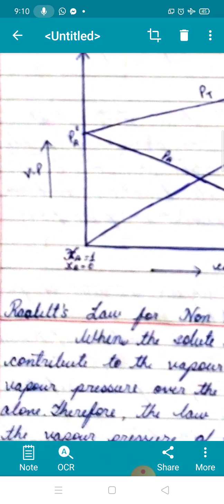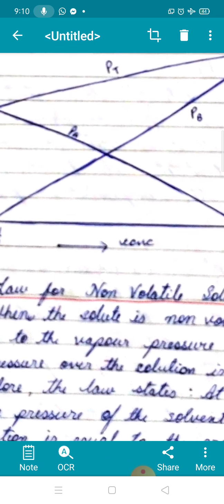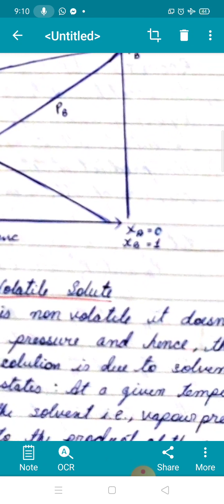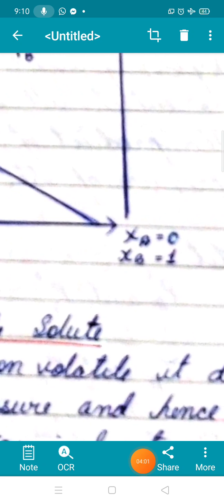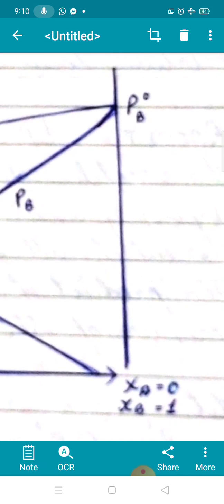Now as we keep on moving from left to right, you notice here at the value of chi A and chi B, you see in the other extreme we have chi A to be 0 and chi B to be 1. That means this point at which we have no A component. That means I don't have component A, we have only component B, and the pressure according to Raoult's law will be PB naught. And you notice here we have placed PB naught.